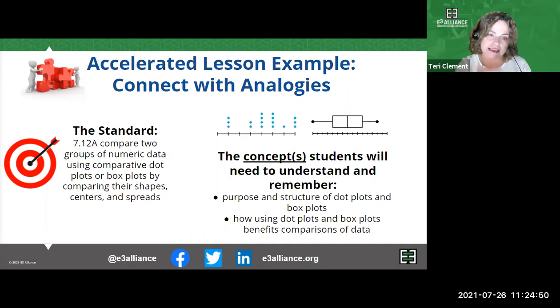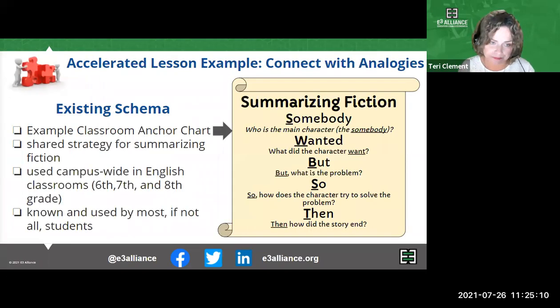So once I have distilled and focused on what students need ahead of time to be able to jump into that big concept actively, then I reach for something I can create an analogy to that would help them understand not only the structure of it, but how it can be used for comparison.